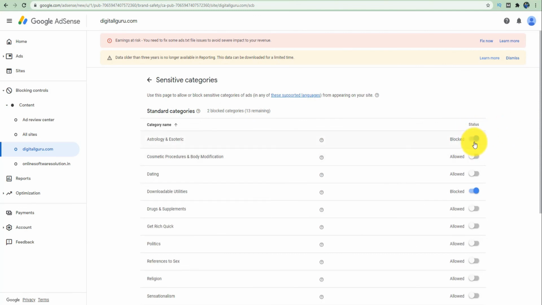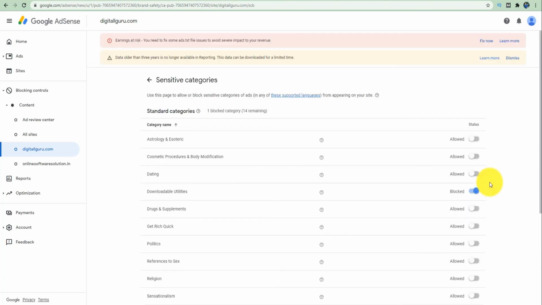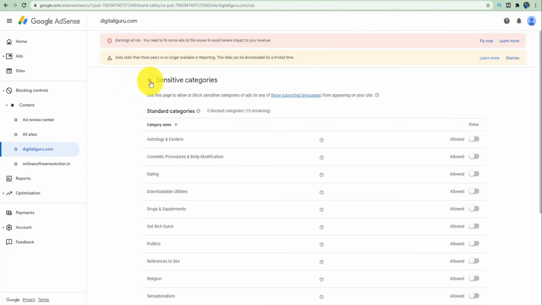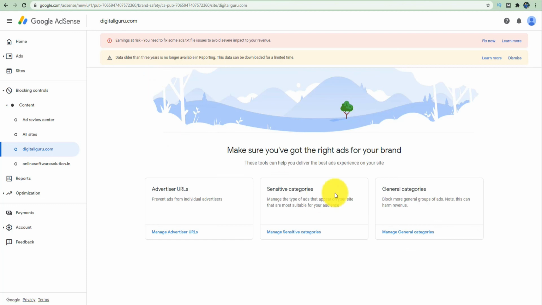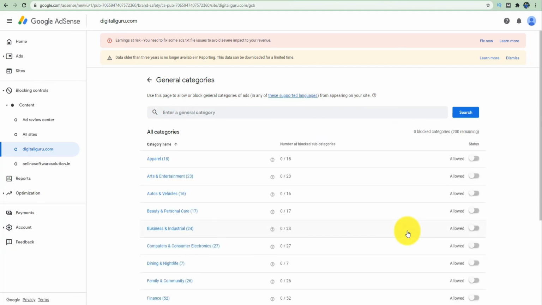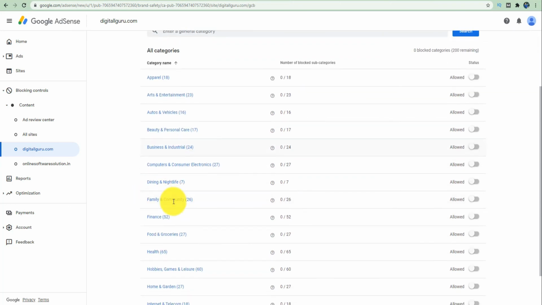Suppose I'm not sure what kind of ad I should make appear, and these are not the categories I need. I need some generic categories of advertisements. So I can go back and select general categories from here. In general categories, almost all the categories of advertisements are covered out here. As you can see, apparel, arts, automotives and vehicles, beauty and personal care, and almost every sector of advertisement